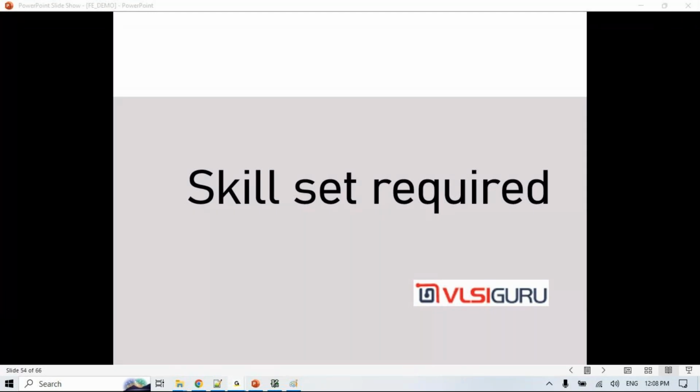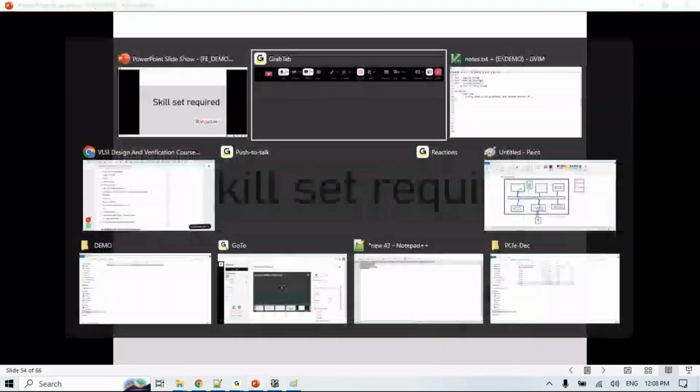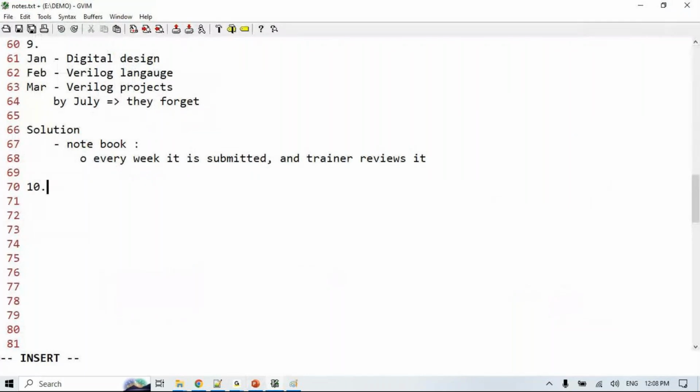Can you elaborate on the mode of learning that you have? The modes of learning, like online, hybrid, and e-learning mode? Okay. Majorly, there are two modes of learning, I would say: classroom and live online, and the other is e-learning. In classroom and live online, in both these modes,